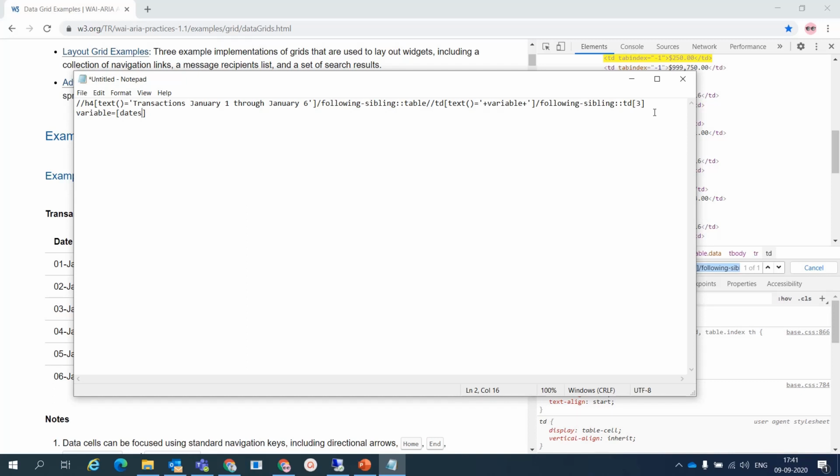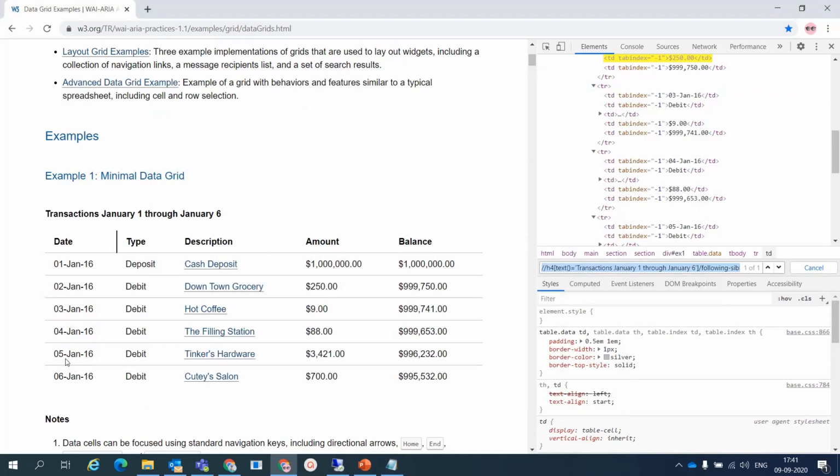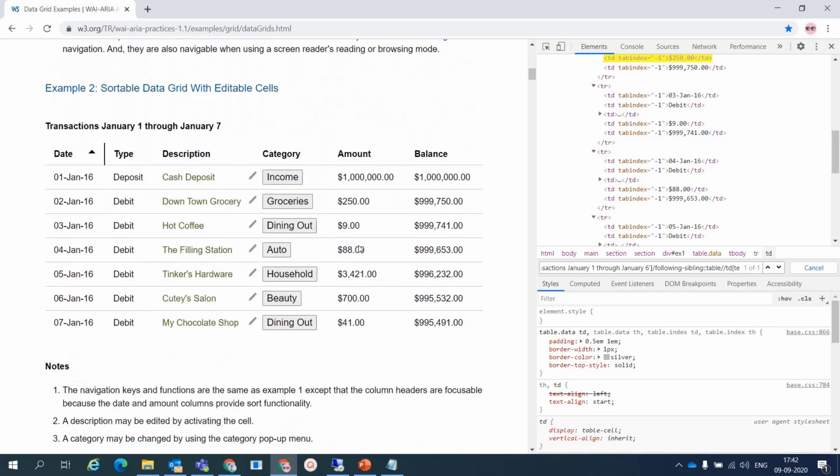List of dates means all the dates which we have in the Excel sheet, and it will go through all the dates. We'll see that programming part later, but now you know how to locate this table and its amount uniquely. Now I want to get the amount from this table, and I already have this XPath.